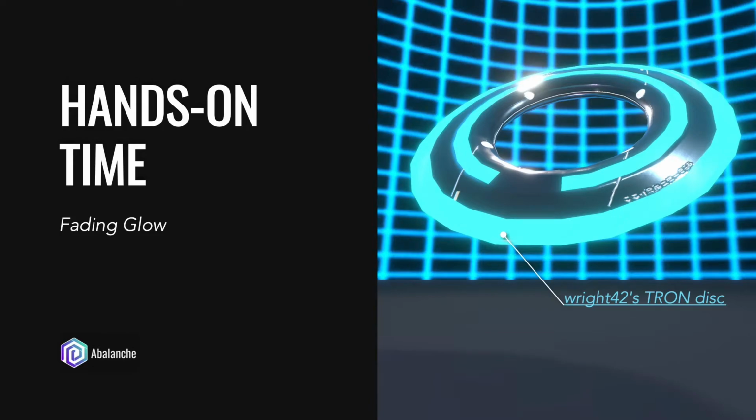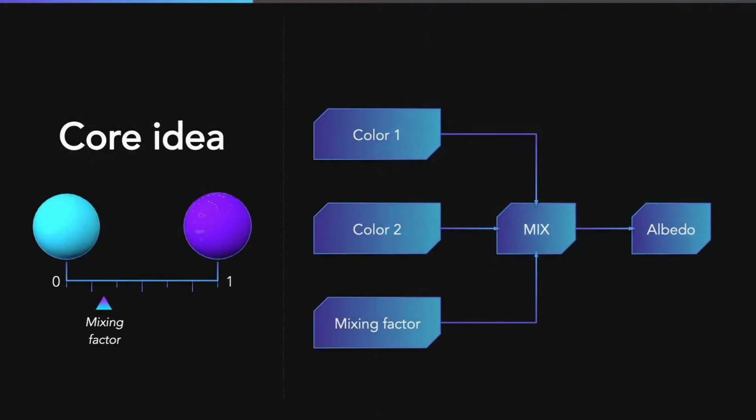So, let's take a look at the core idea of this shader first. Imagine that we had two colors and we could mix or blend them together with a ratio. When a color is put more than the other to the mix, it would contribute more to the final color. The mixing factor closer to the left means that the first color contributes more, and when it is closer to the right, it means that the second color contributes more. In shader, we use a range of 0 to 1, which is equivalent to 0% to 100%, to express the mixing factors of the colors.